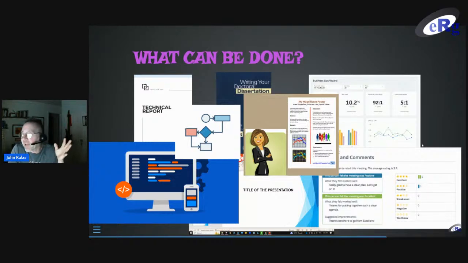There are a couple of popular packages, and so you get a sense of the theming and what those look like.